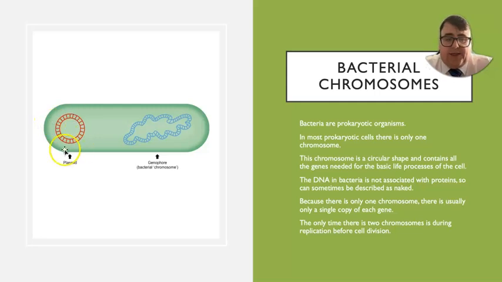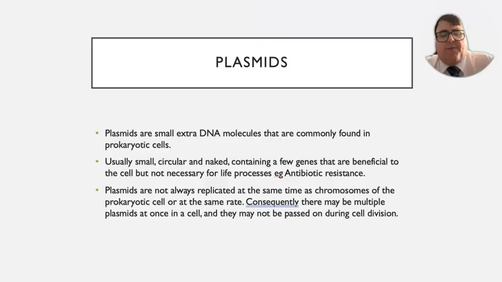Now this red section here, the one that actually looks like a circle, this is called a plasmid. So this is a DNA plasmid, and we're going to talk about that right here, but plasmids are small extra DNA molecules that are found in prokaryotic cells. Again, they're small, they're circular, and they're naked. They have a few genes that are beneficial to the cell, but they're not necessary for those life processes. So these things might include genes that help with antibiotic resistance, so helping them survive against antibiotics and